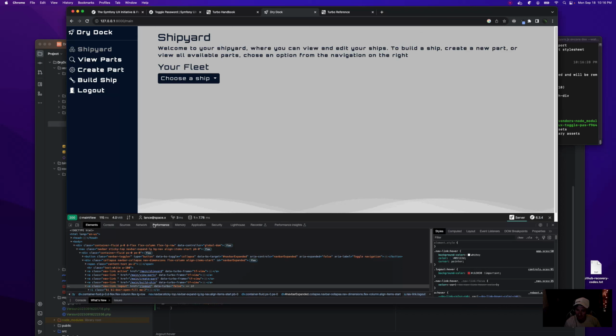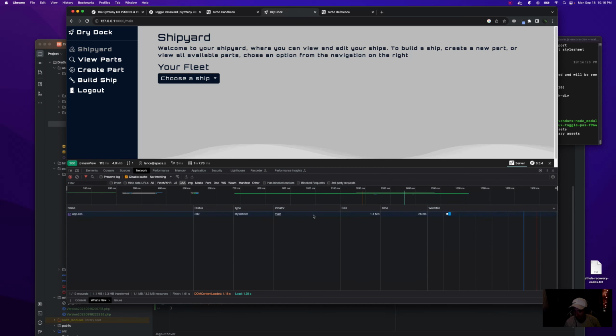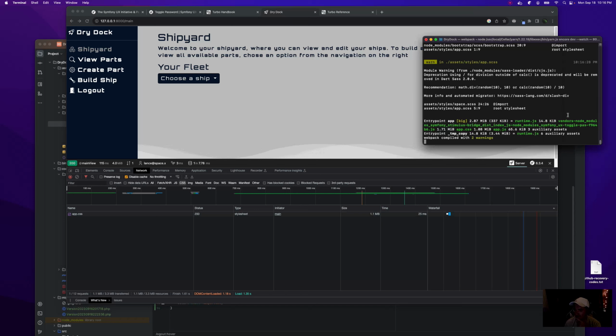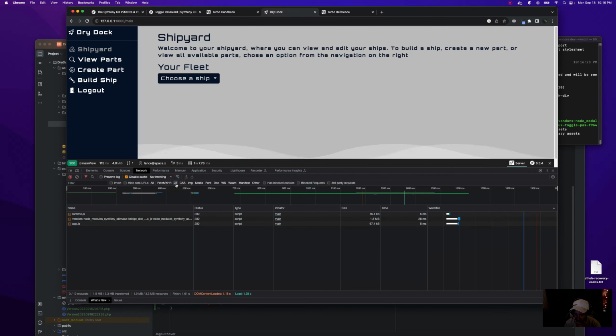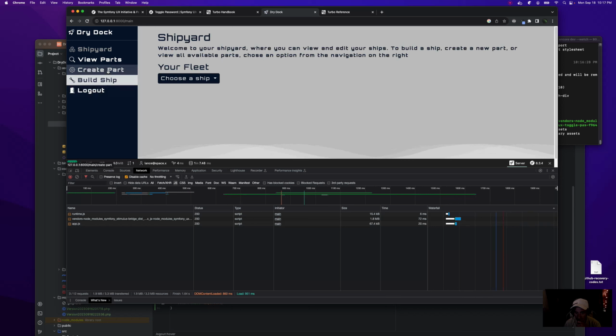How much CSS am I actually downloading? 1 megabyte. Wow, that's crazy. It's not taking that long. But that's just a lot, because I think it's because of all the Bootstrap Sass that gets added. That's the issue. Bootstrap CSS is way... It saves you a lot. Like a ton. But it is a single page app, so there's going to be stuff like that.